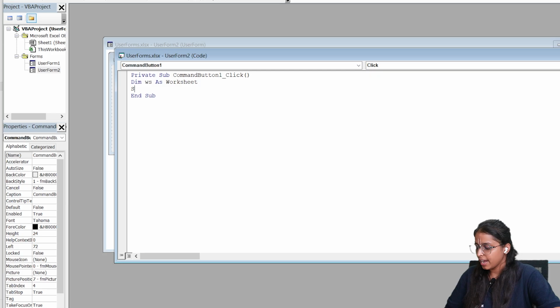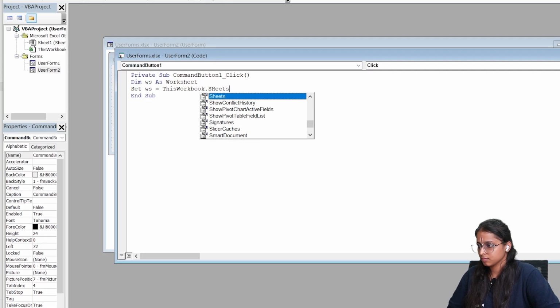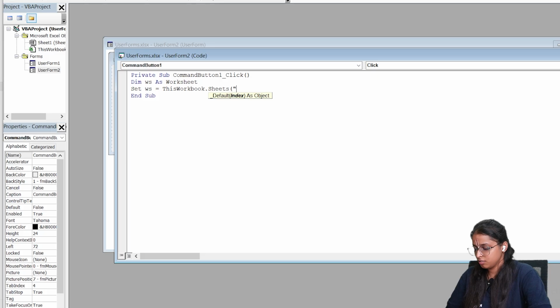Then I'll set my worksheet as this workbook dot sheets in data.